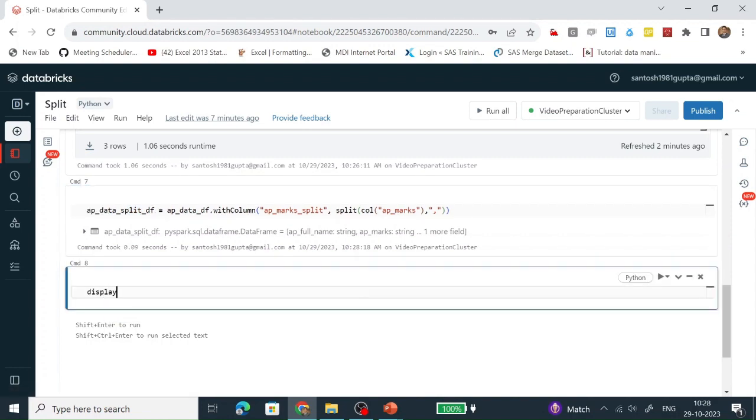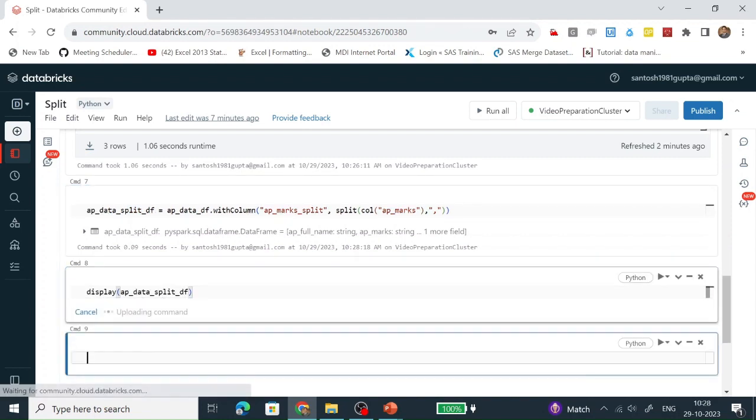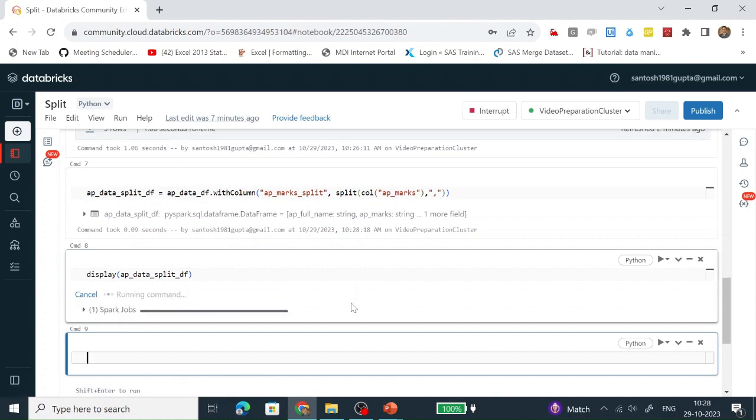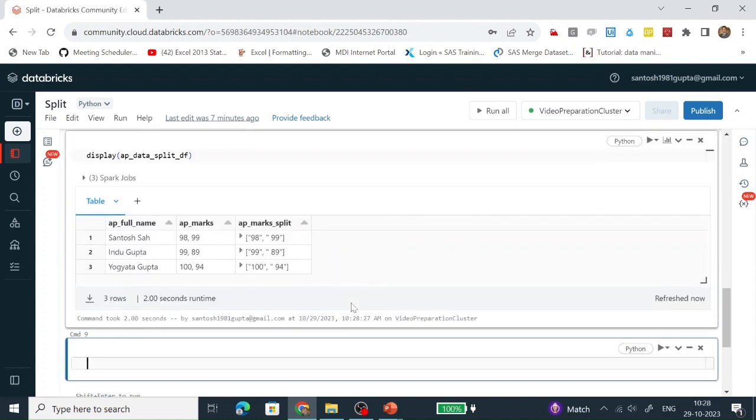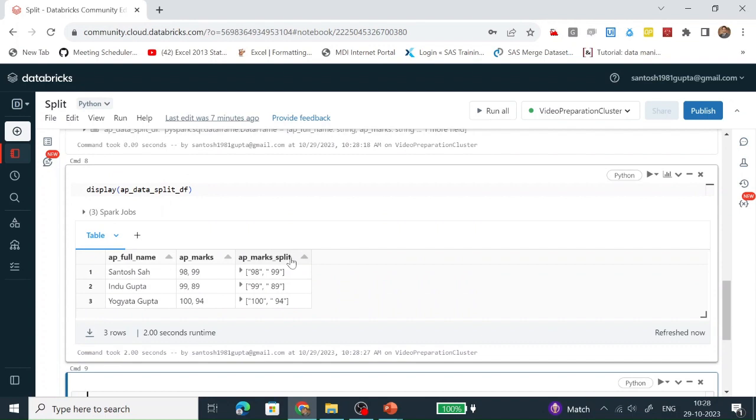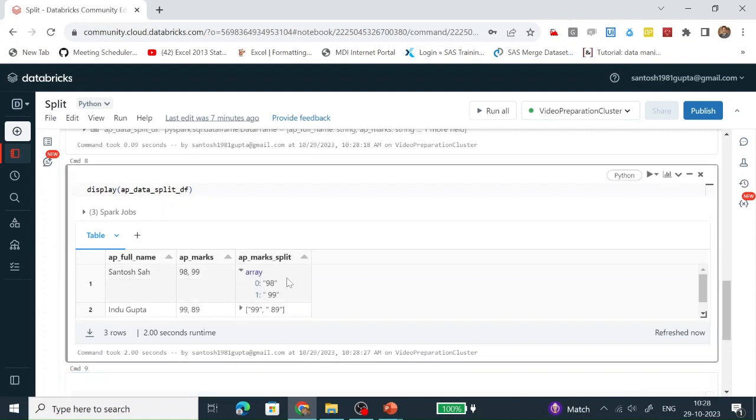Let's see the content of this data frame. We can see a new column gets created, AP_marks_split. Which type is it? Array type. How can we figure it out? It is of array type because, see, it is storing the data in the form of an array.